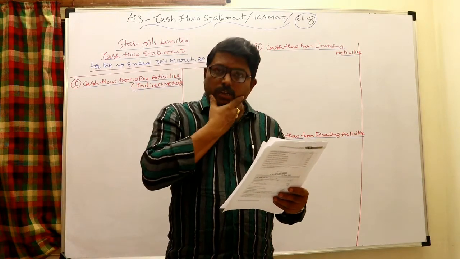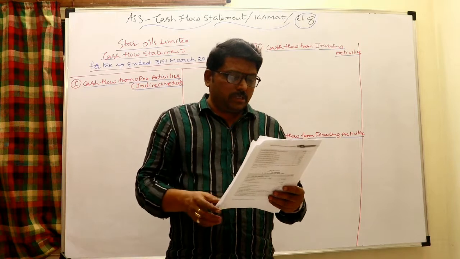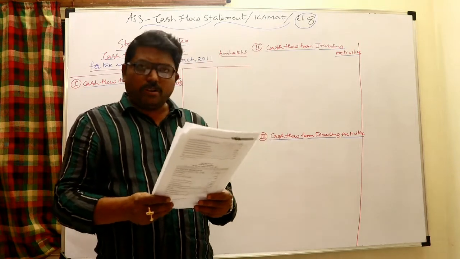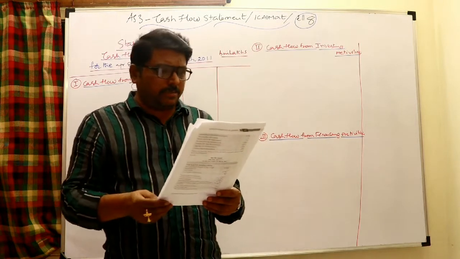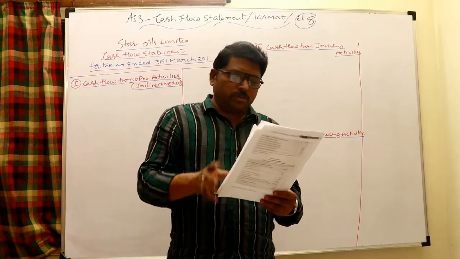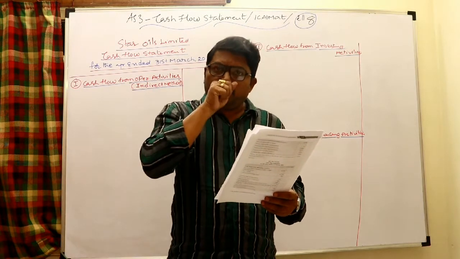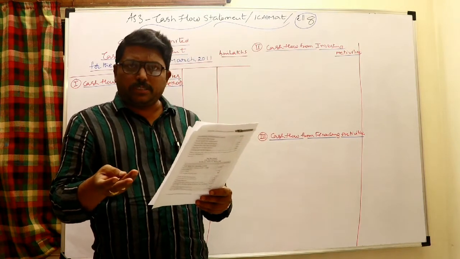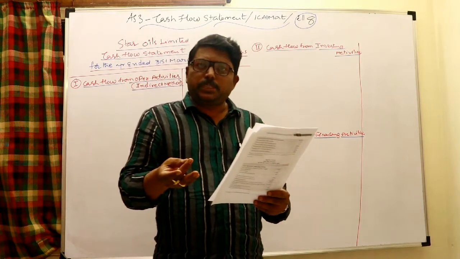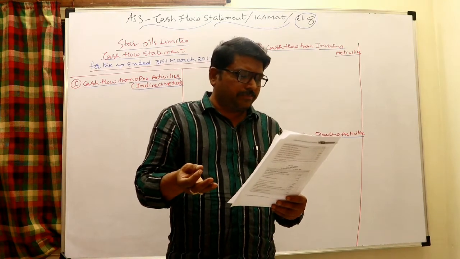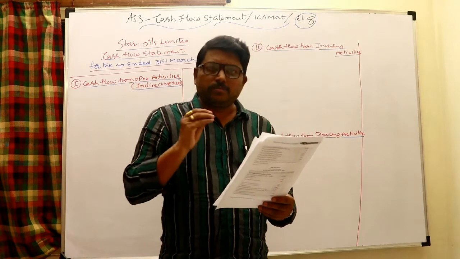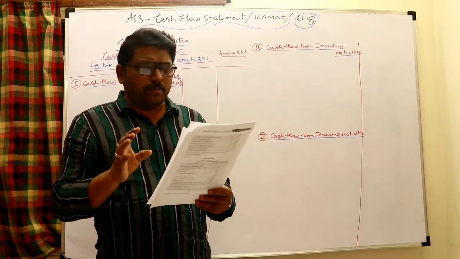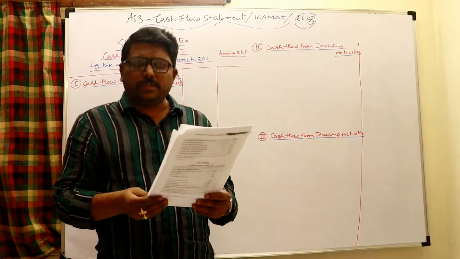With the provided data you need to work out the cash flow statement, particularly cash flow from operating activities, which you may work out by the direct method or the indirect method. To work it out by the direct method, we need cash received from customers or debtors, cash paid to suppliers, creditors, operating expenses paid, tax paid, etc. But if that information is not available, then you have to go for the indirect method.